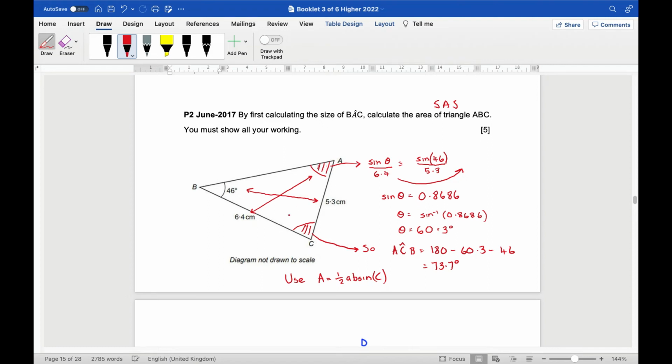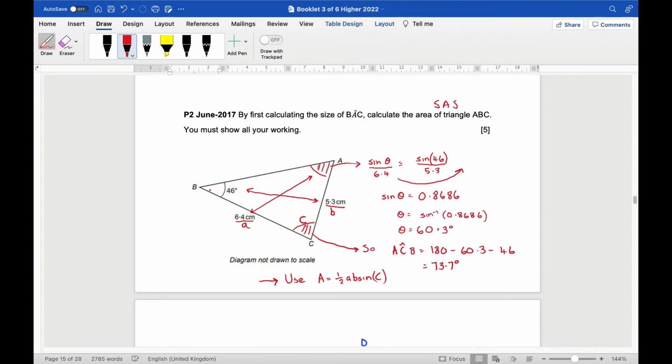But actually, given that the two sides I know are this one and this one, it almost strikes the question, well, why am I working out that angle when the angle I need is the angle between those two sides to give me that triplet, so that I can do this? I can use half AB sine C, right? But they're asking me to work out this angle. So what we'll have to twig there is, okay, they're asking me to work out that angle because of the